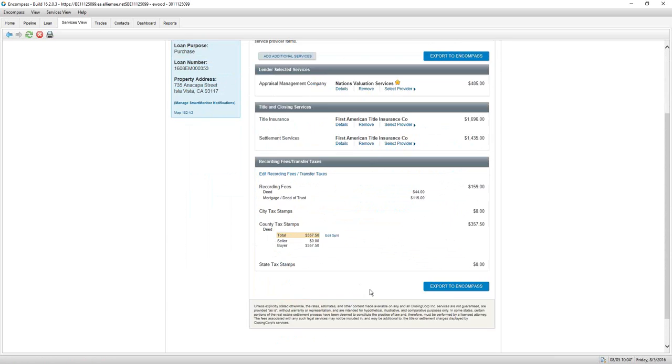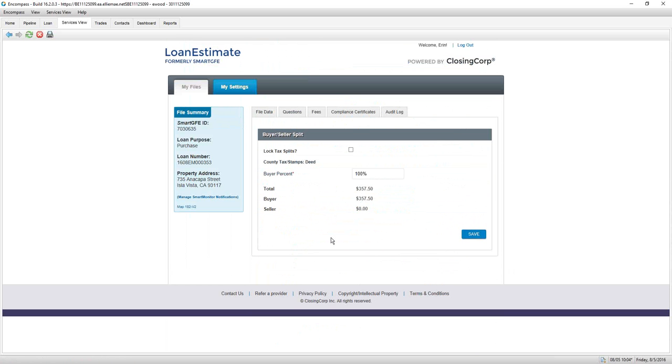The next section is for our transfer taxes, and we do have a Who Pays rule enabled that is turned on for your company, and it's set to 100% borrower. So with the feature turned on, you're going to see this edit split link pop up. However, what we will do is default the transfer taxes 100% to the borrower side. And in the event you needed to split that based on what you have listed in your purchase contract, you would click Edit Split,